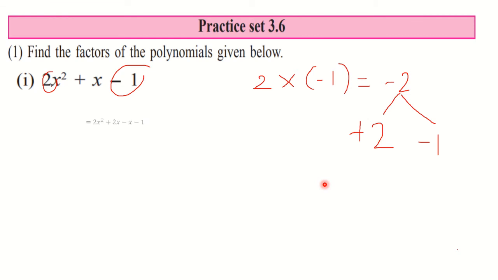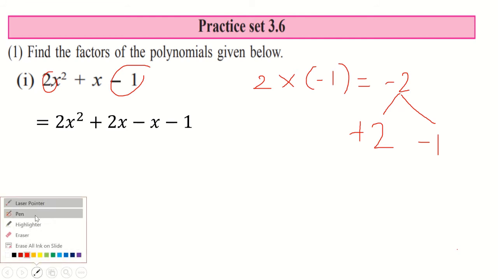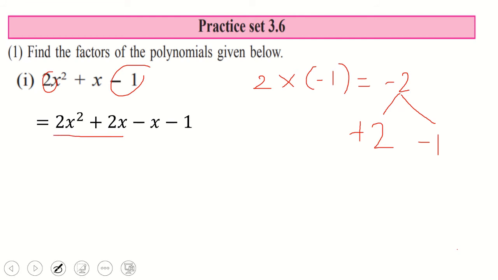Okay. So let us write down that factors. Okay. So while writing the second set, see the first term is written as it is. Correct. Then this plus x is written as plus 2x minus x. You can see here we have got the factors. So plus 2x minus x, and the last term is written as it is. Now the next step is to group. See, this is one group. Okay. Here you are going to make one group of this first 2 and here one more group. Okay. So in this way you are going to make the groups.